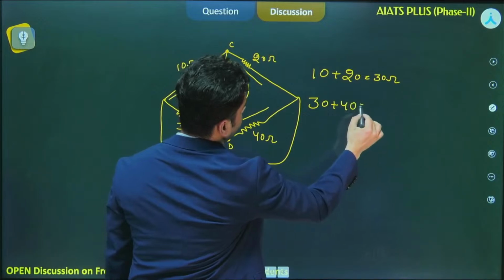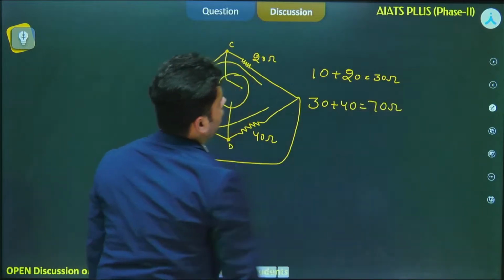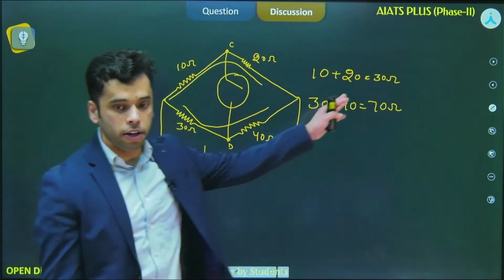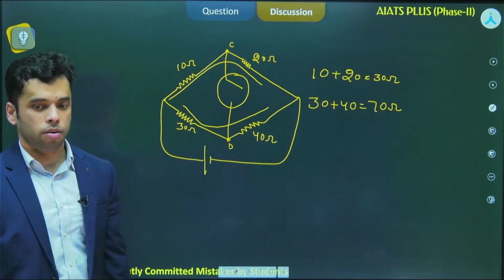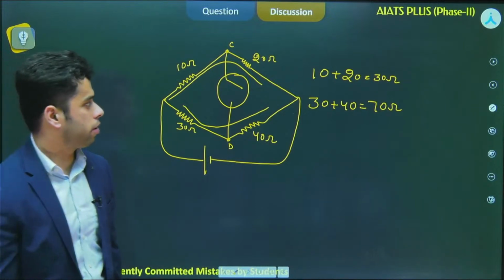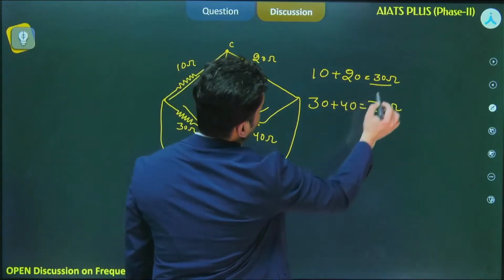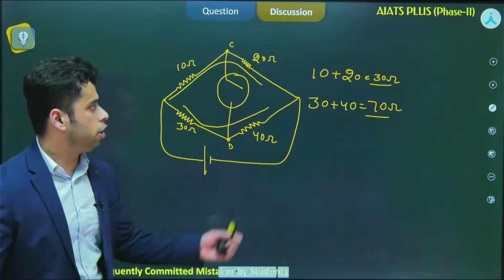30 plus 40 is equal to 70 ohm. And you can see that this 30 ohm multiplied by the corner resistance should be the same, okay? Multiply the corner, it should be the same. So this 30 ohm and this 70 ohm are in parallel